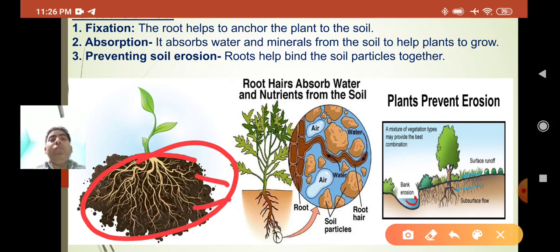This is the soil, which is dark in color and holds the plant firmly to the ground. This prevents the plant from being pulled out easily or blown away by the wind. When it holds the soil firmly, what happens? You cannot take out the plant easily. The plant will not uproot easily, so it stands still in one place when the speed winds blow.